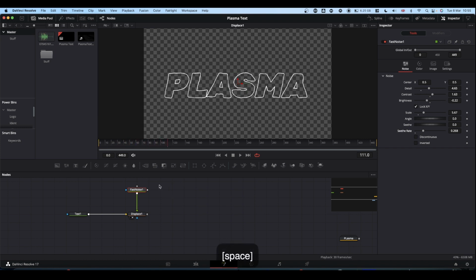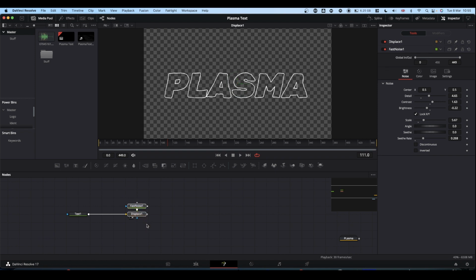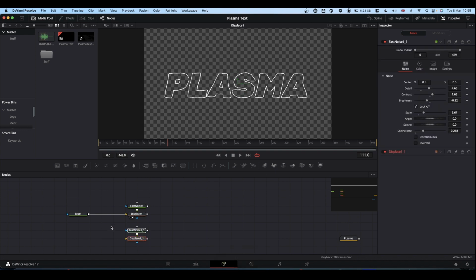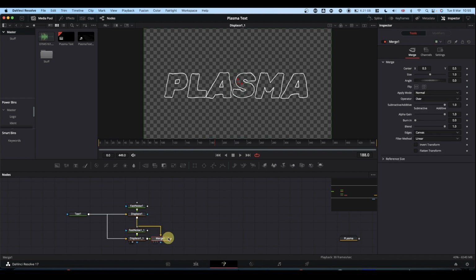Like so. So once you've got one going, we can just duplicate this. Take your fast noise and your displace, Command C or Control C, Command or Control V to copy it. Take a second output from your text into this new displace, and it's exactly the same. So come into your fast noise and go to the seethe wheel and just change the seethe. And now if we merge them both together, the two displaces, and view that,